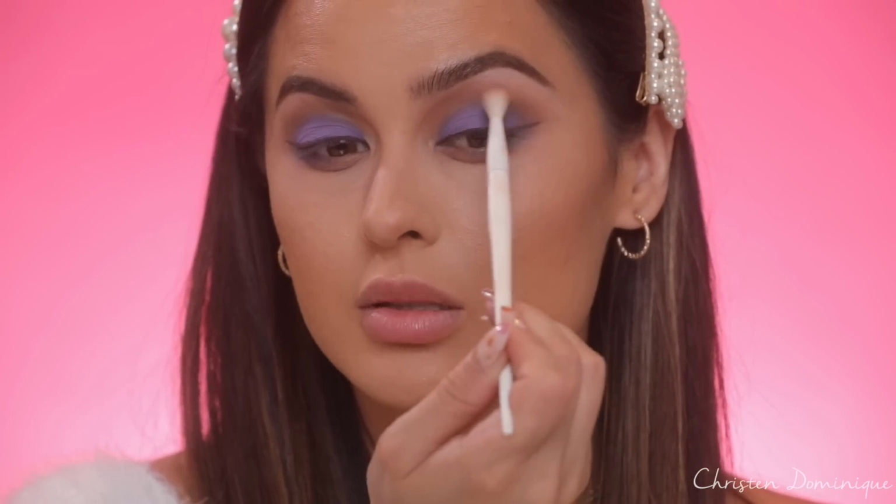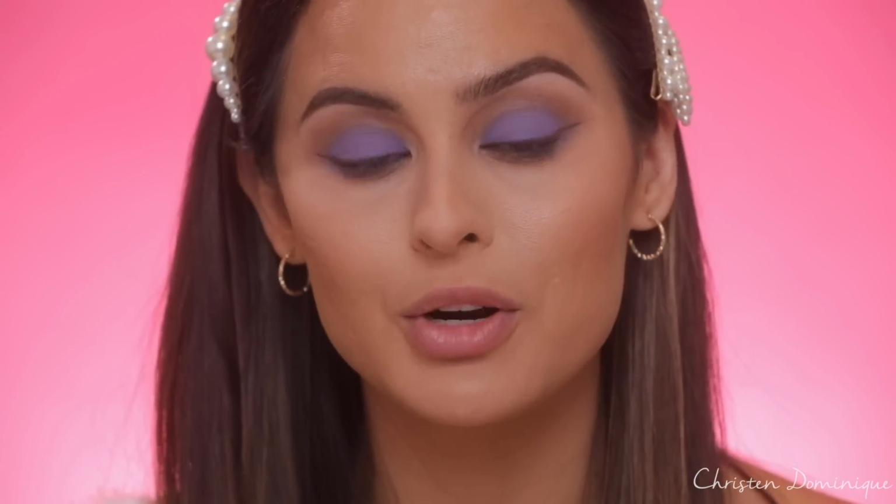And I just want this part to have that line there. I actually want it to have that little curve. So that is the eye look. Super easy, very quick. And now I'm just gonna put on some lashes and mascara, and I'll be right back